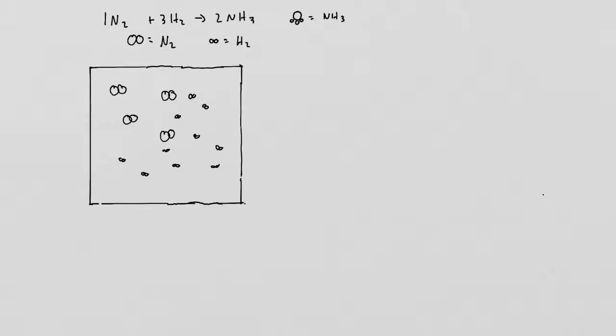The second part of this video will illustrate the math needed to determine the following: the limiting reagent, the excess reagent, the amount of excess reagent unreacted, and the amount of product that will be made, assuming the reaction goes to completion. In this example, we are starting off with 1, 2, 3, 4. That's 4 moles of nitrogen. We're going to say each mole represents 6 times 10 to the 23rd molecules. And we have 10 moles